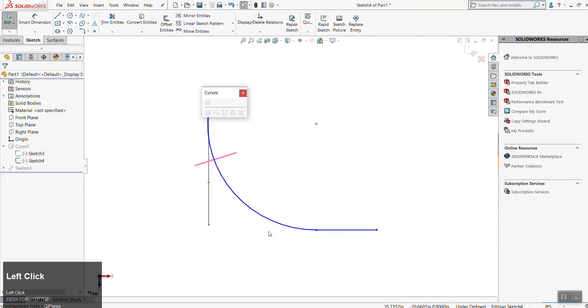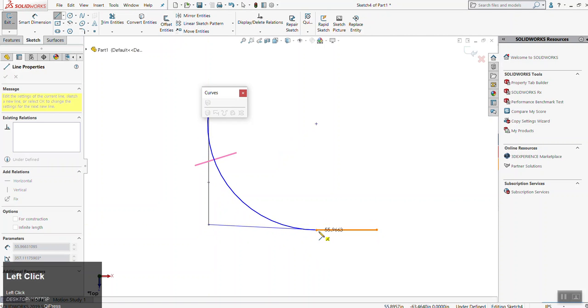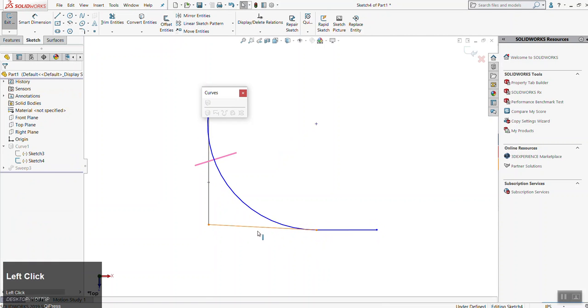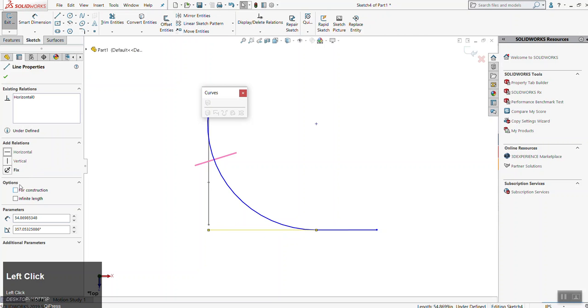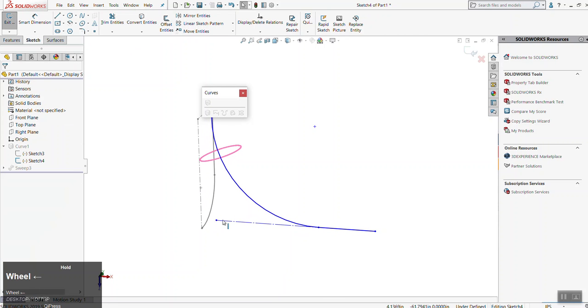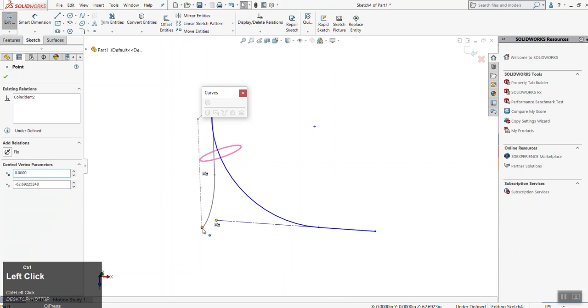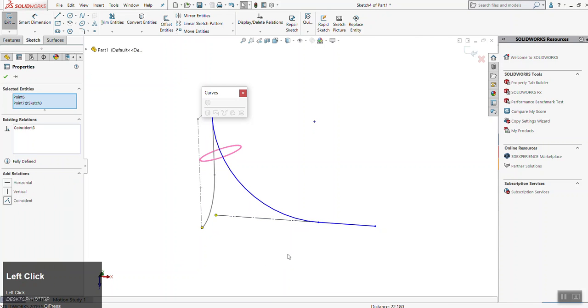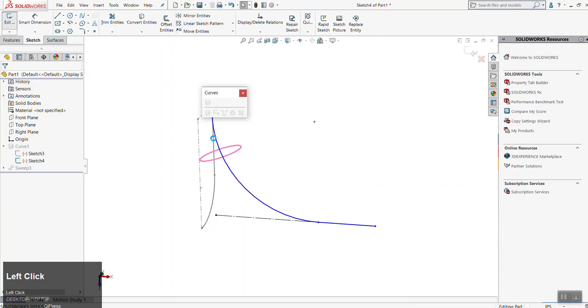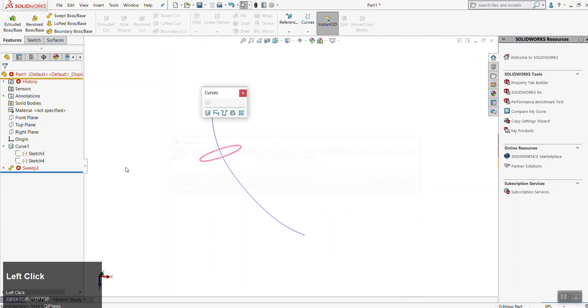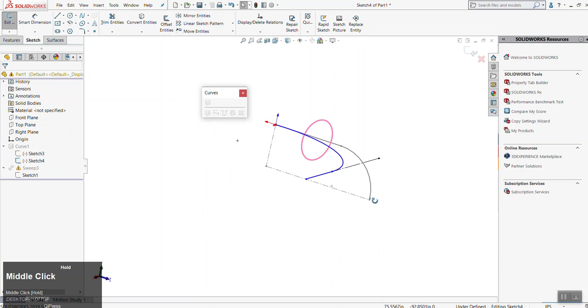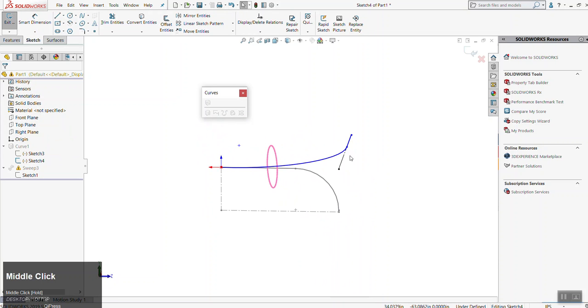and again, this is what construction and guide curves are for. I'm just being kind of sloppy to show things. But if I select this point and this point, holding down Control, and say coincident, now it aligns it. Oh, it doesn't like it. Something weird is going on. My guess is that because there's this long line on here,